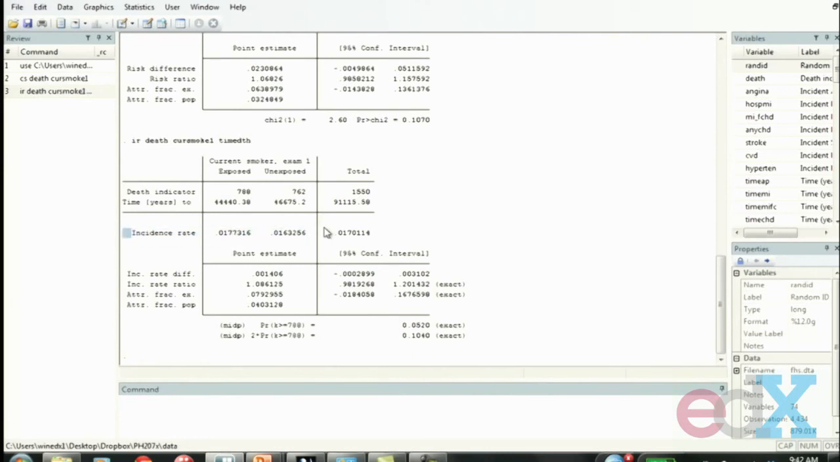Then to get the incidence rate, we're going to go to this last row of this top table. And we can see that the incidence rate in people who reported current smoking at baseline of death was 0.0177 per person year. You could also multiply this by 1,000 to get that the incidence rate of death was 17.7 deaths per 1,000 person years. If we go over to the non-smokers, we can see that the incidence rate of death was 0.0163. Again, we can multiply this by 1,000 and see that the incidence rate of death was 16.3 deaths per